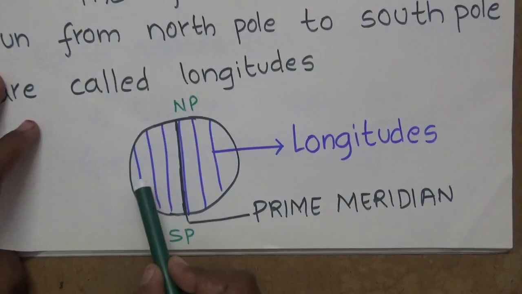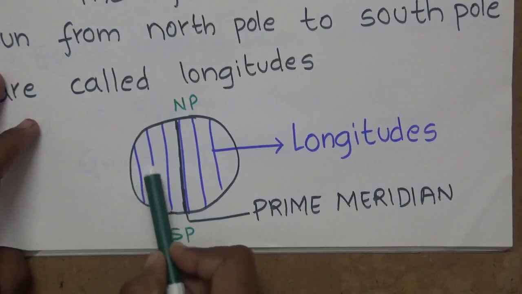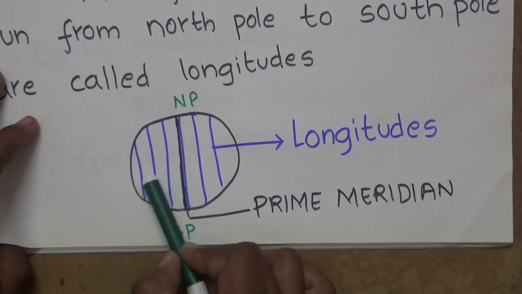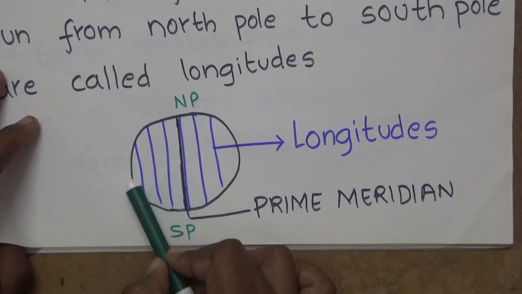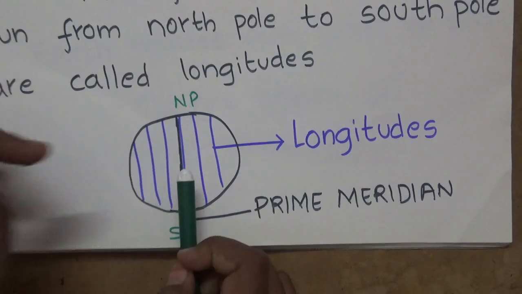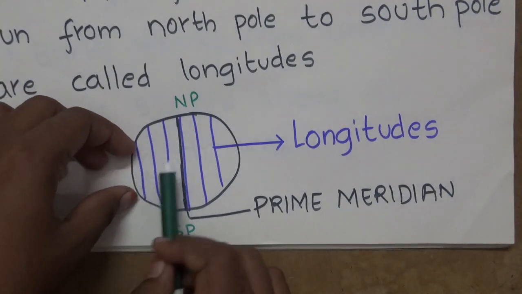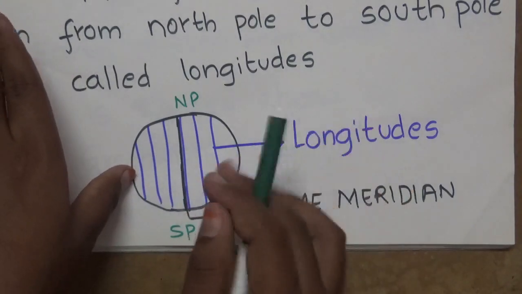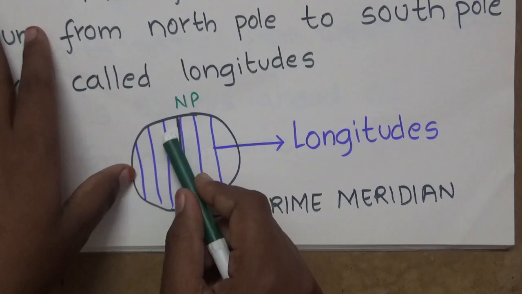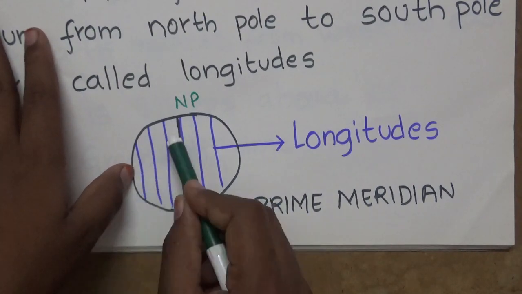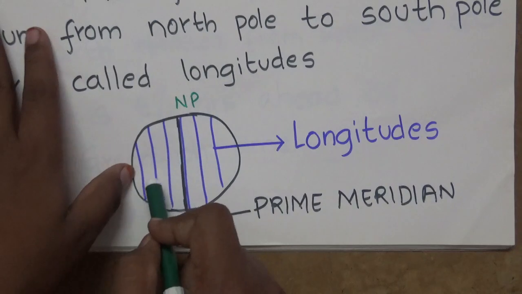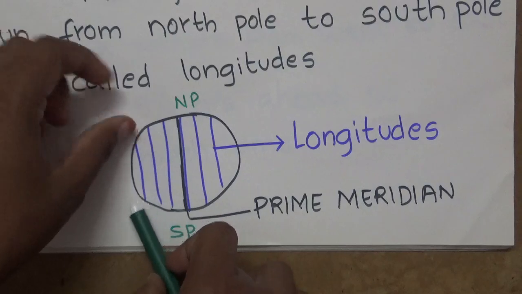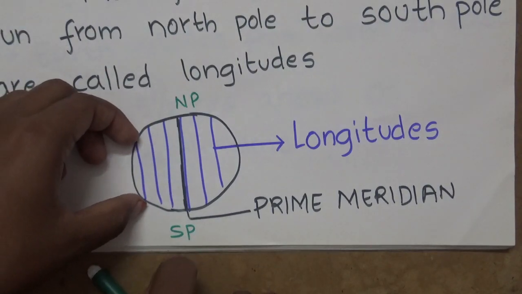So what about the regions which are after the Greenwich longitude? In these regions the time will be much lesser. If the time in this region is 7, the time in Greenwich, for our better understanding, will be around 9 in the morning. If here it is 7, here it will be 9. That means the Greenwich time will be ahead of the areas which are present along these longitudes. Is that clear?